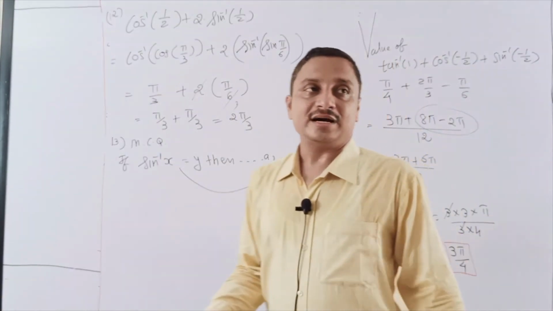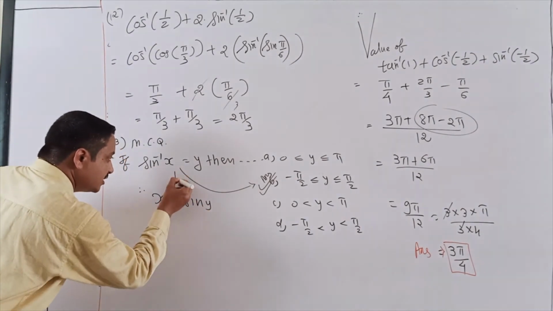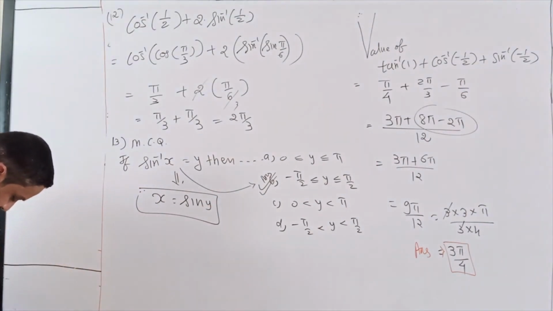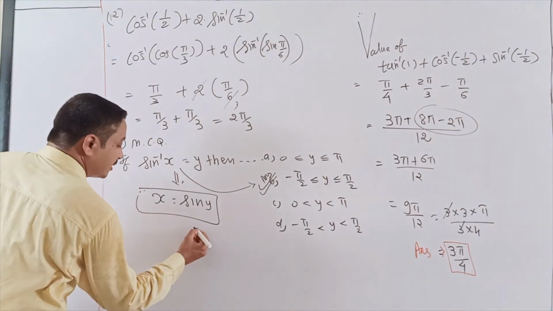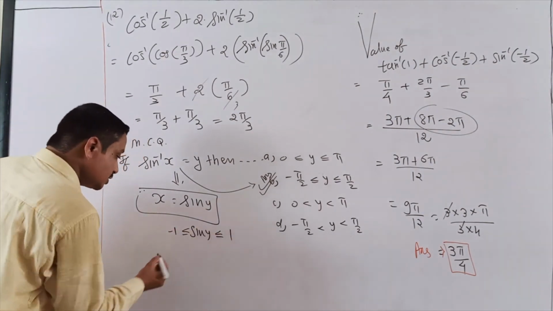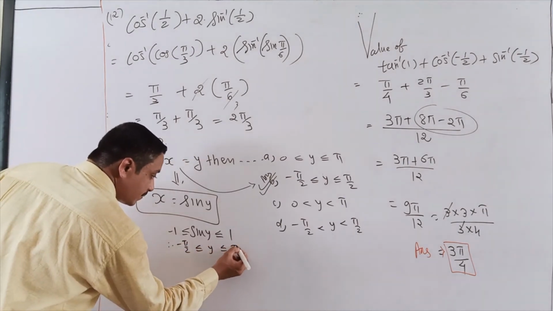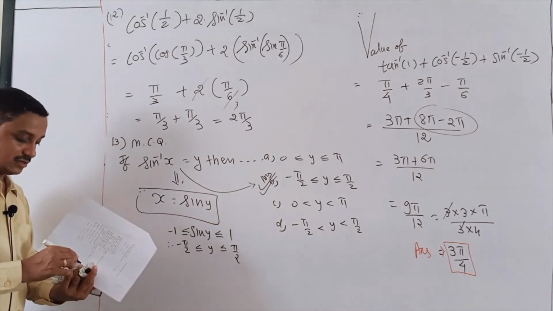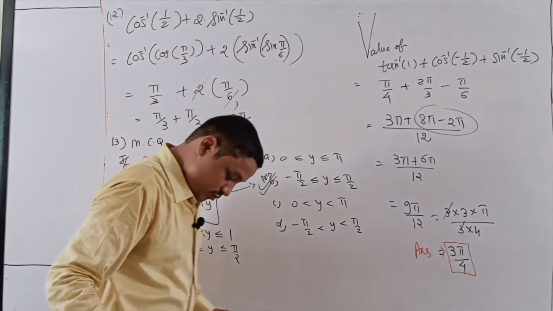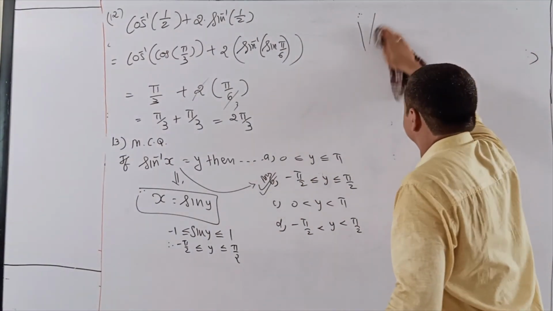Direct answer. Either you calculate this way, x is equal to sin y from this. Now what is the range of the sin function, students? Yes, the range of the sin function is sin y belonging to minus 1 to 1. So removing the sin from y, it is minus 90 to 90. That's your happily done question number 13. Continue. Sum number 14.